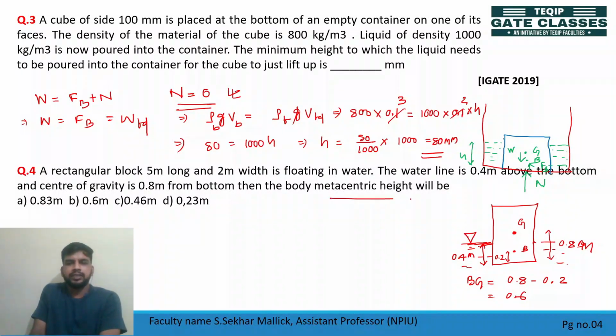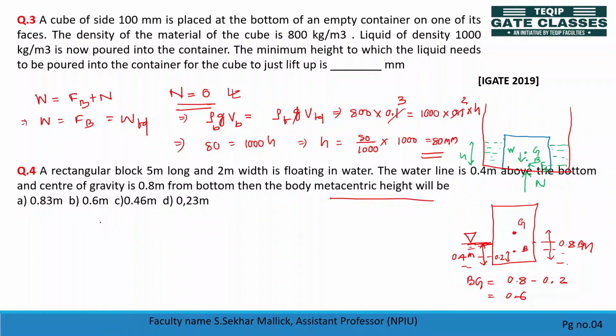Now we have to find metacentric height. What is metacentric height? Metacentric height can be written as BM minus BG. What is BM? BM is least moment of inertia divided by submerged volume, minus BG. So here,